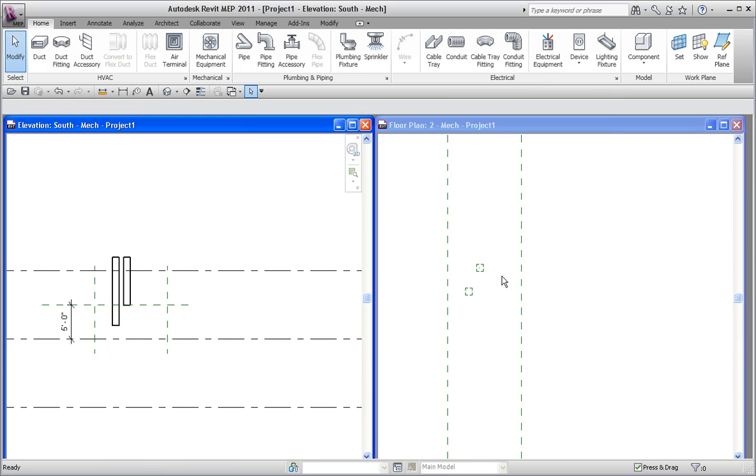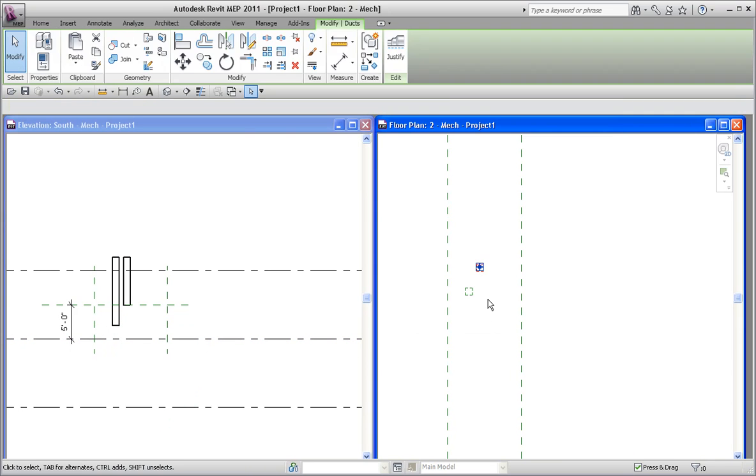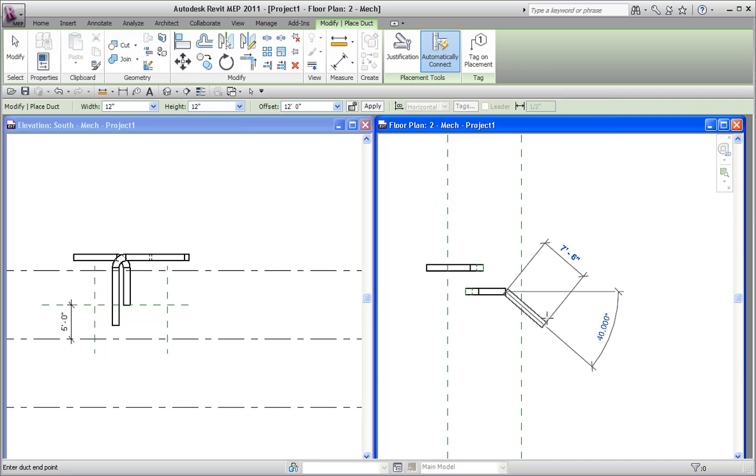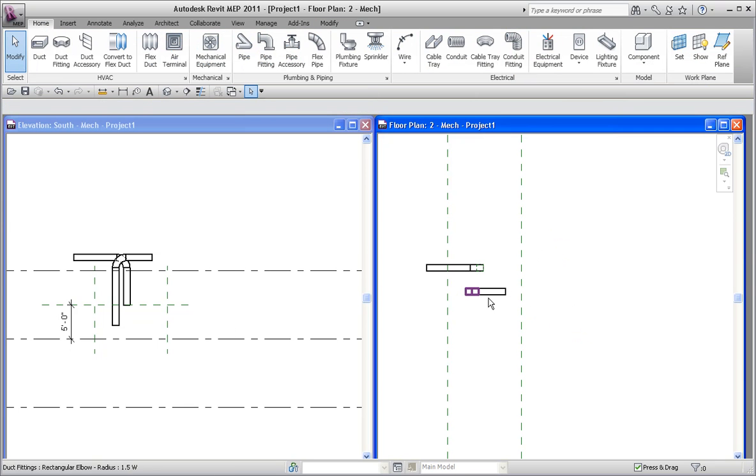So if you draw a duct from the top of this one, spacebar, and apply it so that it's at the correct elevation, that puts a fitting in at the right elevation. Spacebar, draw one from that direction, draws in one at the correct elevation. So the ducts seem to play along okay there, but it gets very strange when you're just trying to deal